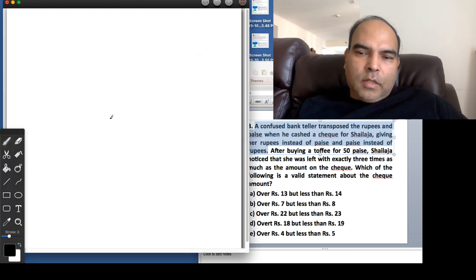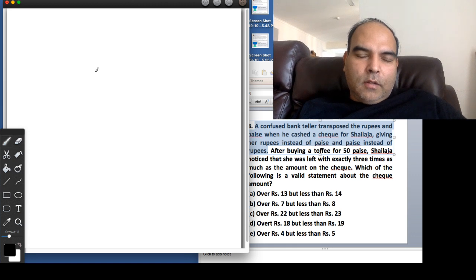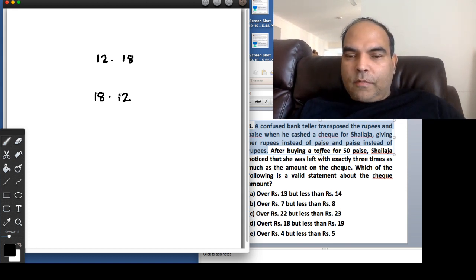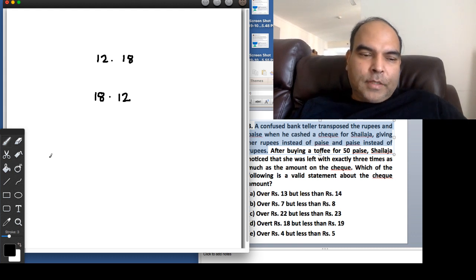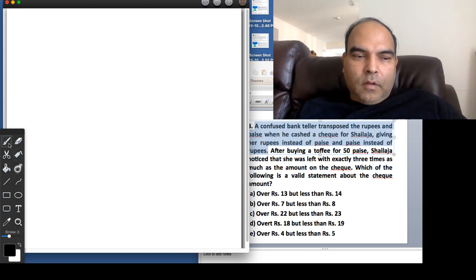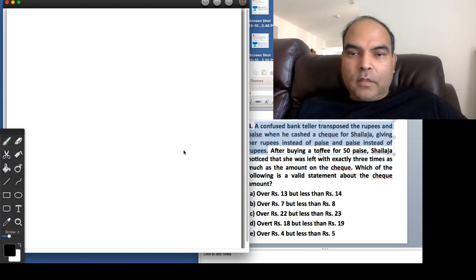So what this bank teller is doing, for instance, a 12 rupee 18 paise check is converted to an 18 rupee 12 paise check. He's giving rupees instead of paise and paise instead of rupees here, right? Now the question further says